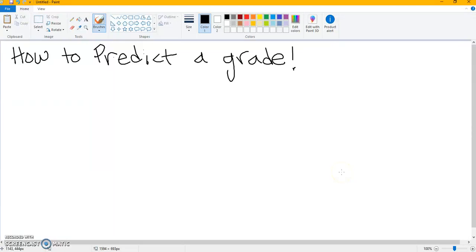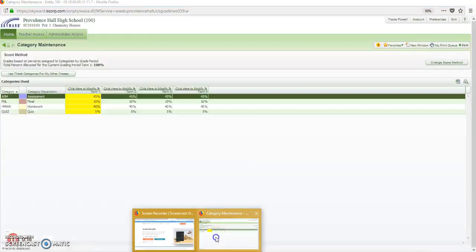Hello. This is how you predict a grade. And this process will work for any grade, no matter how it's put together, if it's weighted. Okay? So first, you need to go into Skyward and you need to see how your teacher has set up